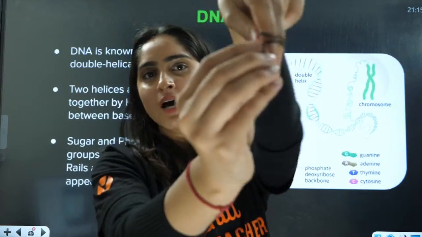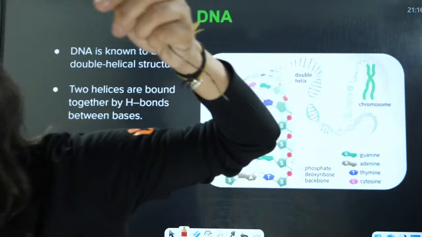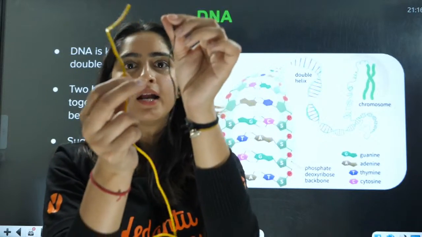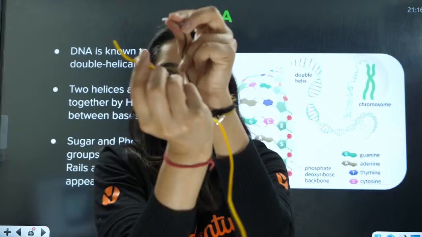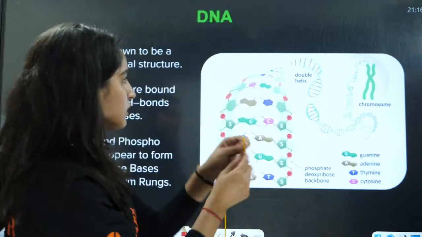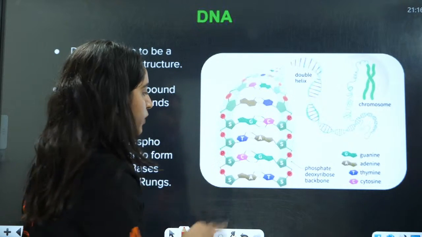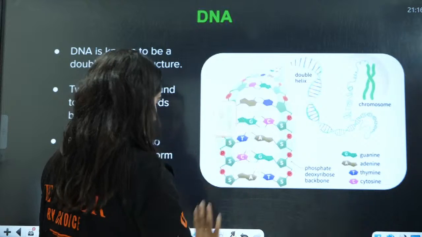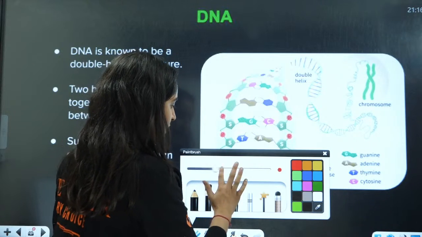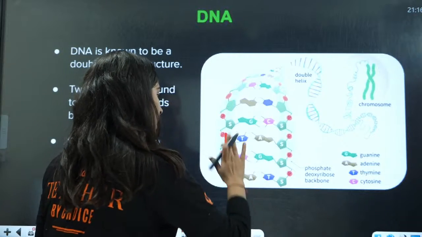Now this is basically the alpha helix here. If I say there are two alpha helix units, if I zoom this in, this is the one alpha helix, this is the second alpha helix. They are actually connected to each other. This is the one alpha helix that is going something like this. This is the first part.